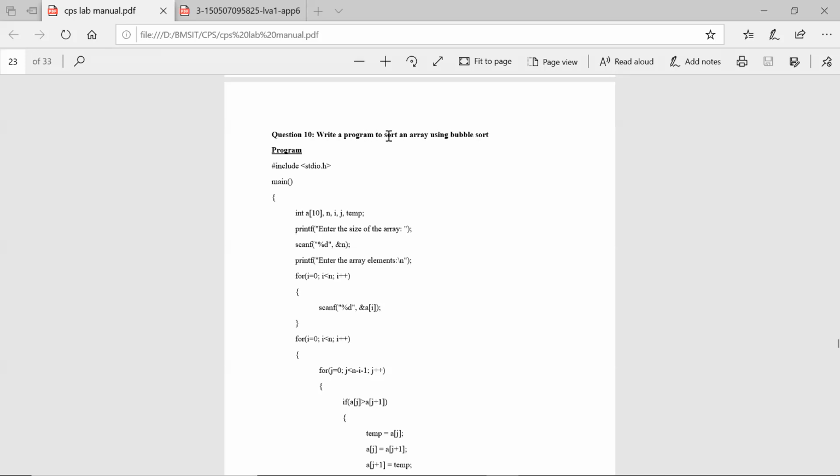Here, the first one is the program to sort an array. First we have to know the meaning of array as well as the sort here. Array, in the sense, is not a single element, it's a homogeneous collection of data items. Homogeneous means it is a similar kind of data. Here we have more than one element of integer, or it can be any other data type. It should be a homogeneous collection of the data. So that is an array.